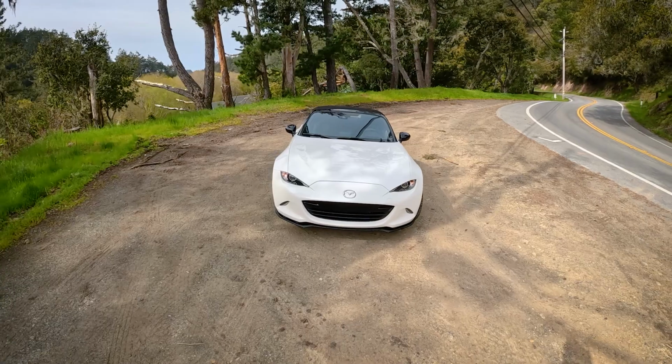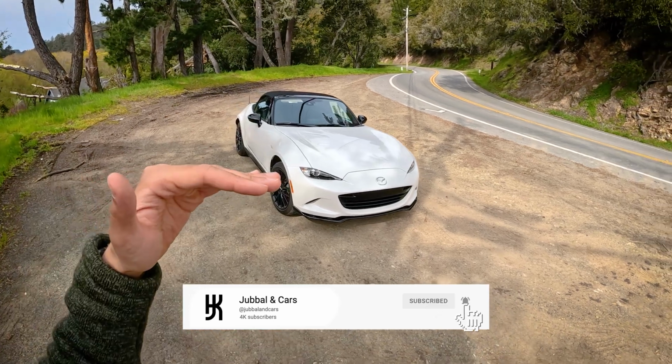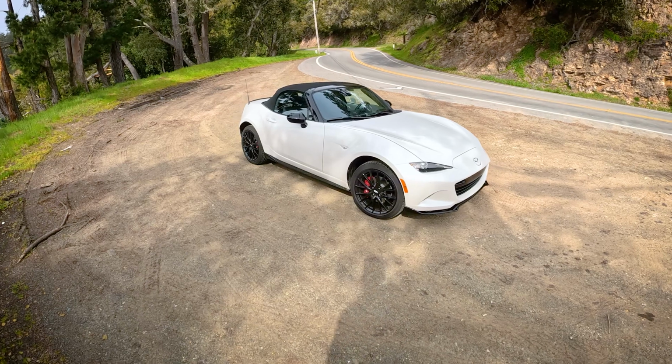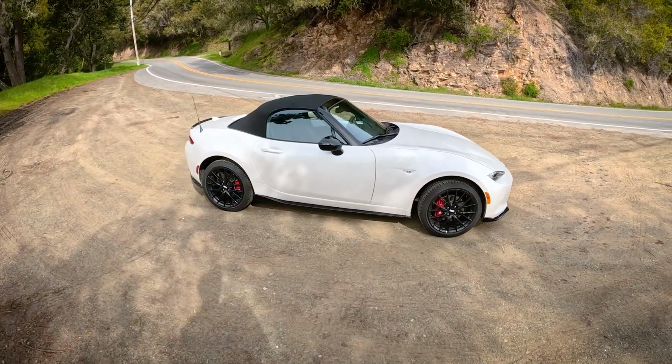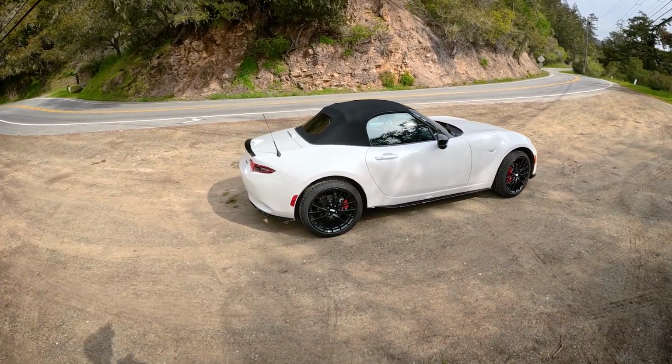Now, for those who don't know, there are three main specs. We have Sport, we have Club, and then we have Grand Touring. So this is that second level. Comes in around $31,000 MSRP. Soft top. This is not the RF. And the question today is